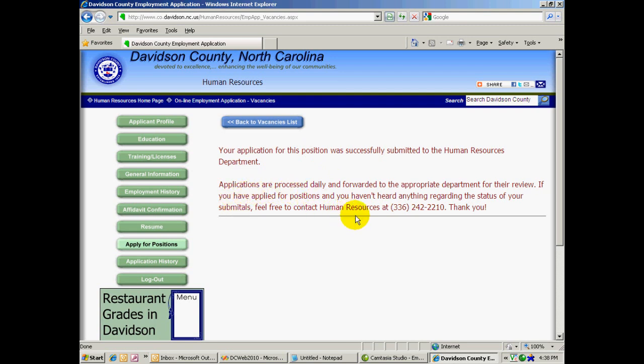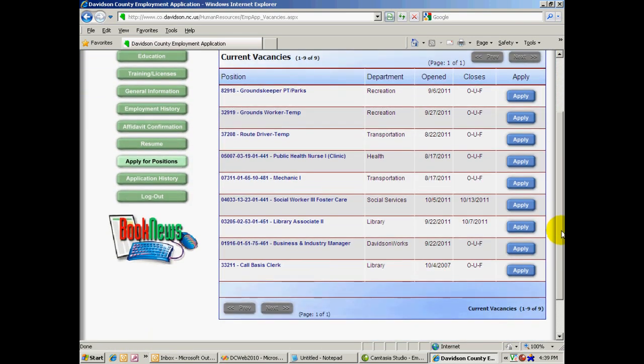Applications are processed daily and forwarded to the appropriate department for their review. If you have applied for positions and you haven't heard anything regarding the status of your submittals, feel free to contact Human Resources at 336-242-2210. Thank you. So, now you can go back to the vacant positions list and apply for any other position